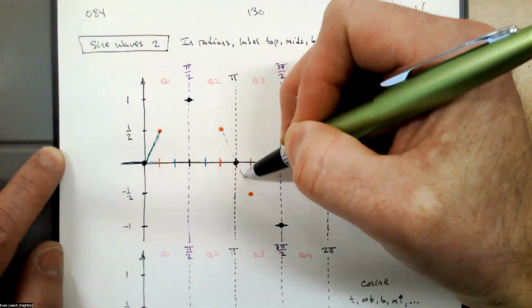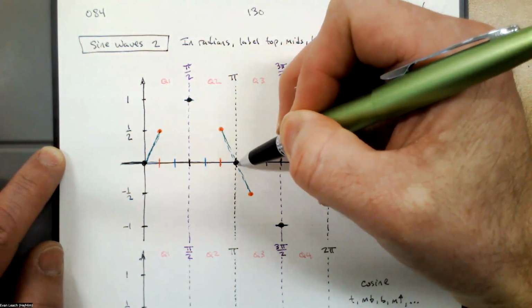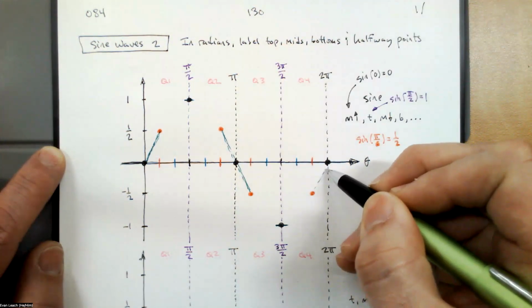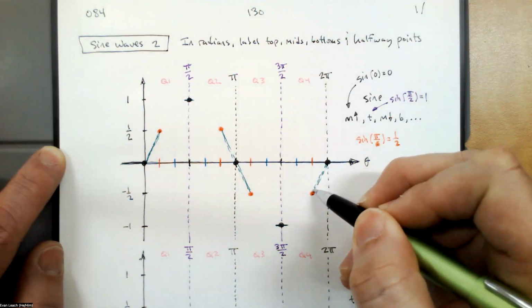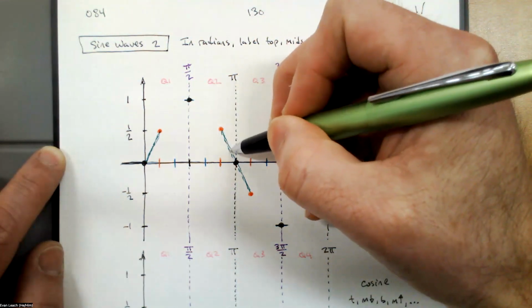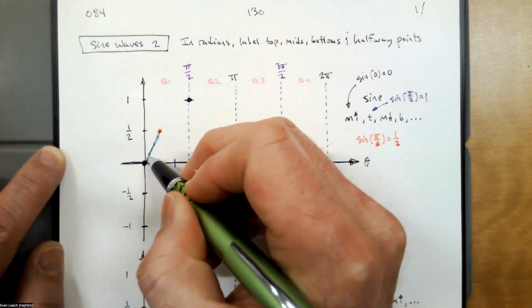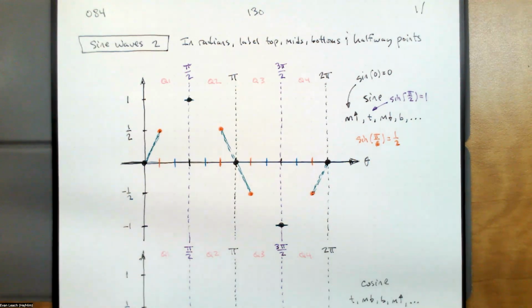We make lines. We make a line. The graph is not actually making a line, but it's close to making a line. So we just make a line because we're sketching. Then the next part is to connect the line part with the flat part on top in a nice smooth way. If you want to find more points, we know that the sine of pi over 3 is root 3